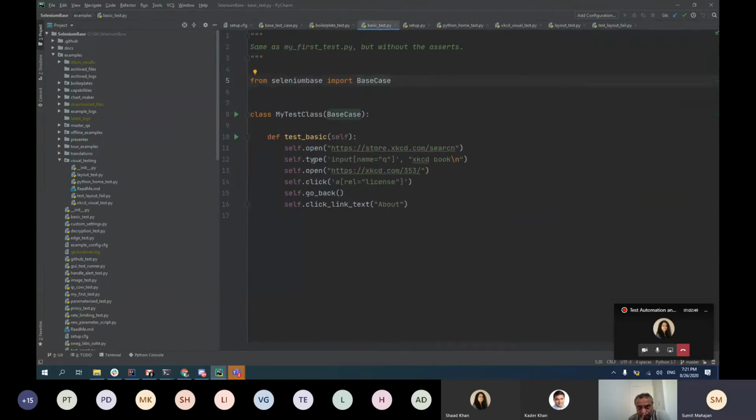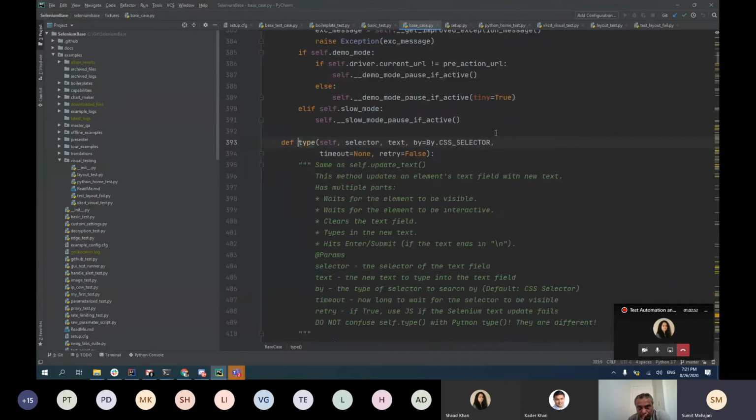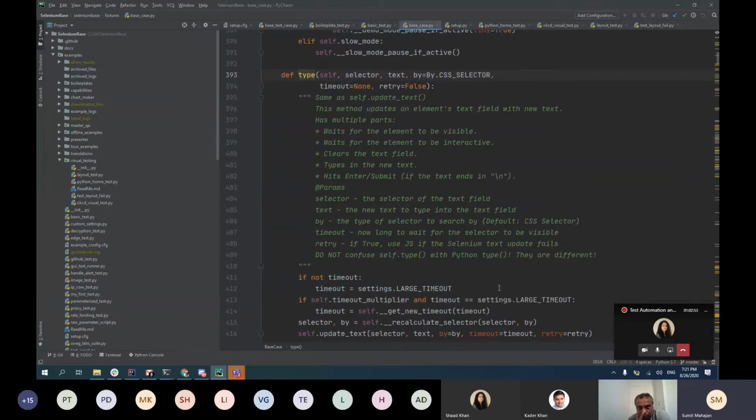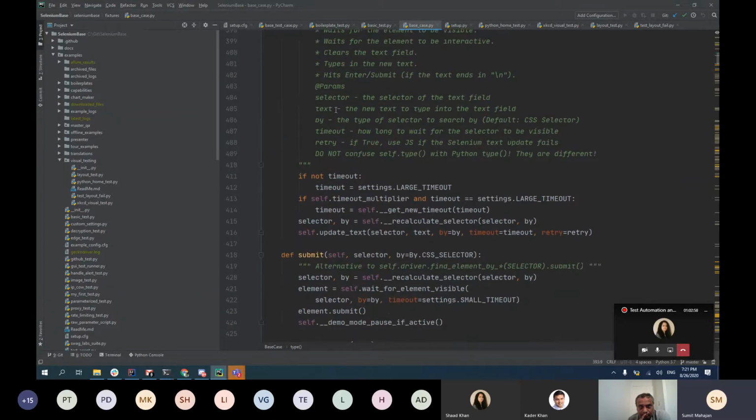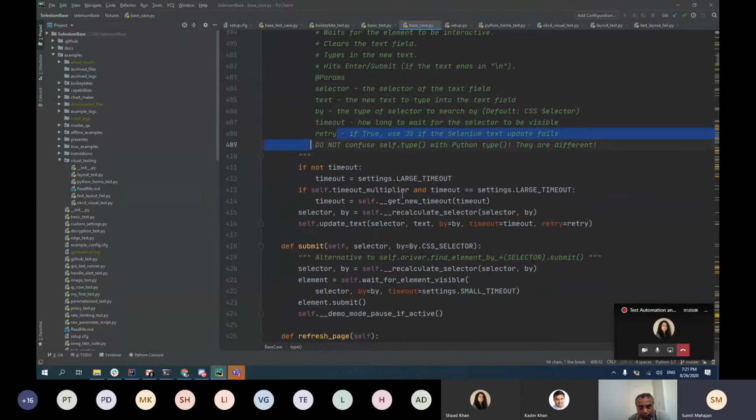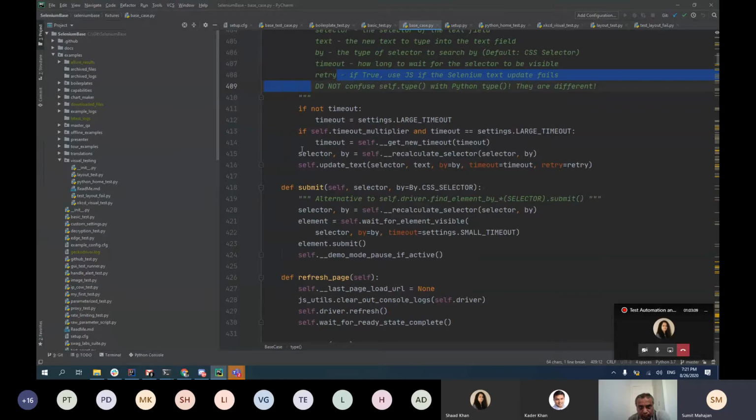So if I want to see the type function, then I can directly navigate here. It will have some comments on what this function is doing, and then the arguments and the parameters that you can pass. So you can pass a selector, you can pass text, you can pass by, timeout, retry. So all these you can do, and you can look at